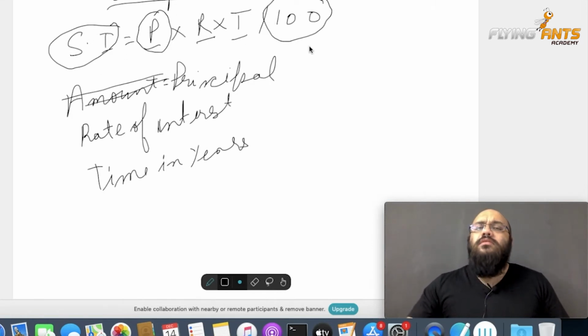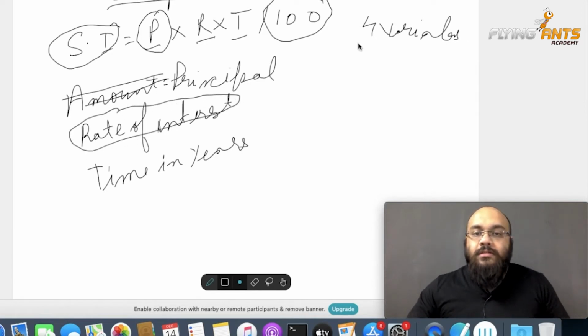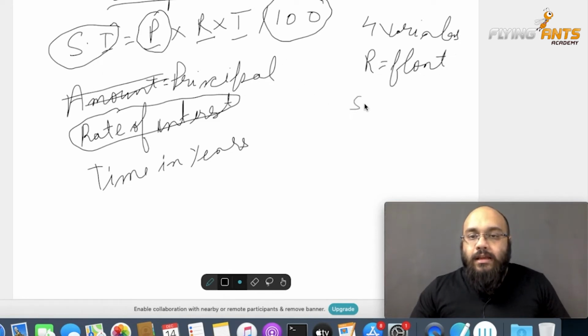So now we know, before even writing the program, that we require 4 variables, out of which the rate of interest R has to be float and SI has to be float.